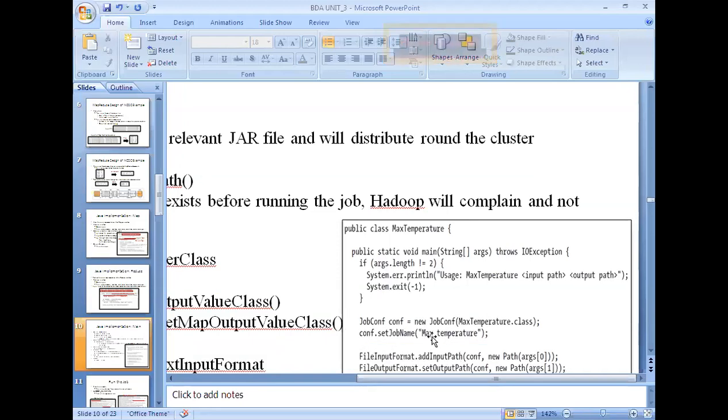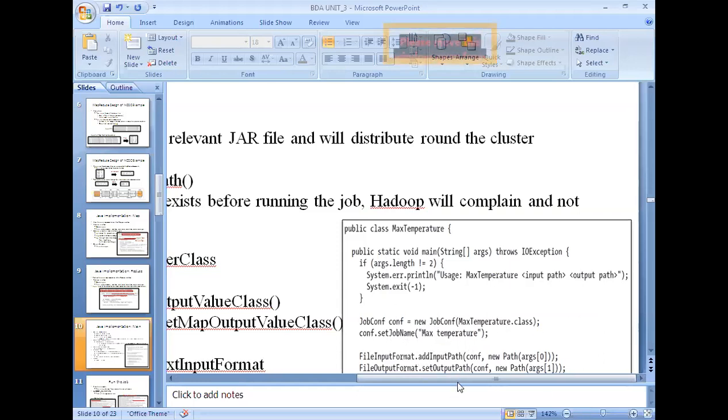There are so many methods associated with it. Here we have used only one. Like that we can write set job ID, set job name, and so many different types of methods are available with this job configuration object. So here conf is the object of job configuration. Dot set job name is equal to maximum temperature. This is a user defined name. You can write anything, but our goal is to find the maximum temperature, so that is the reason we make it max temperature.